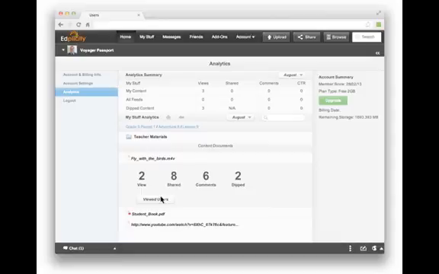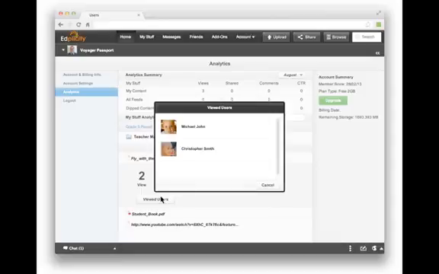So one of the great things you could do as a district too is you could start tying in your content to Common Core standards and start to build resources for teachers to be able to browse and personalize lessons. But one of the things we want to know is